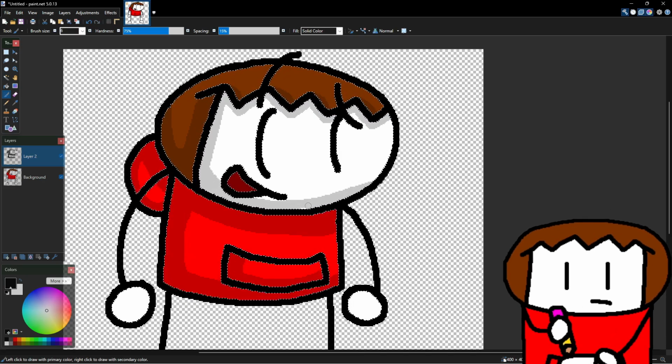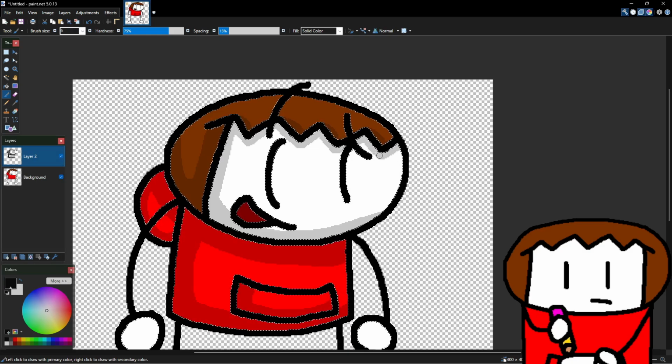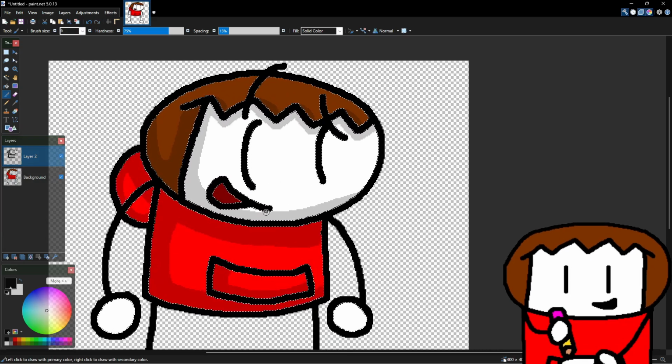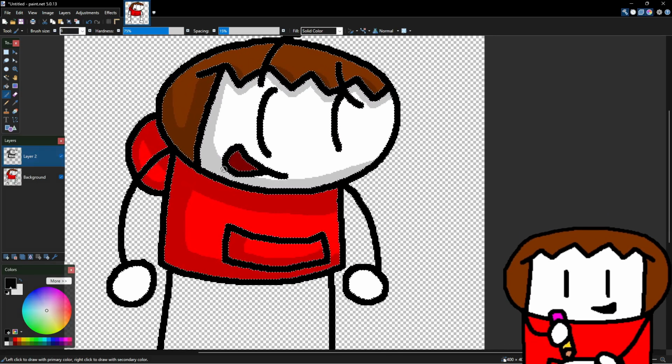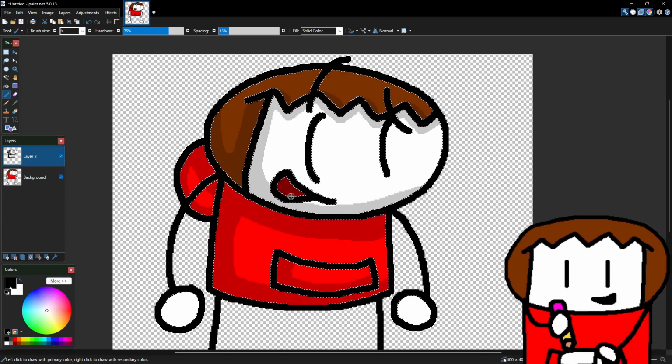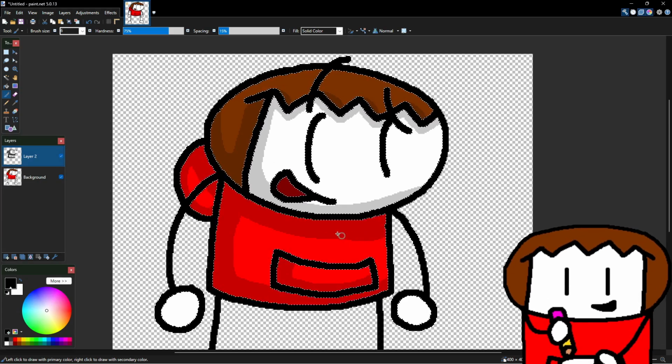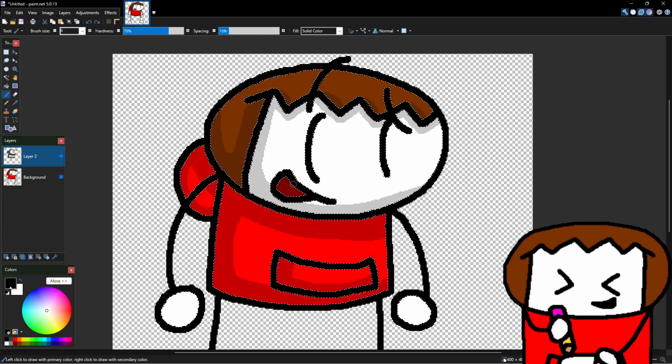Yeah, I usually do it like that. So I can kind of smooth it out right here. Boom. Then for the mouth, this is the first. Usually I make the mouths black on the inside, but this time I didn't. So usually what I do with mouths when I shade them is I just do a thing for the top,